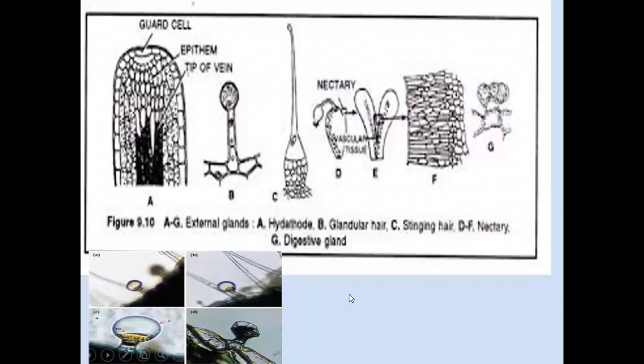So these are the various types of glandular hairs. This is Urtica, stinging hairs. The basal part is very broad and the apical part becomes pointed. This part penetrates into the insect and releases some toxins which are harmful to insects. These are the hydathodes, which are different. This is glandular hairs or salt secreting trichomes. These are nectar secreting trichomes, and these are microscopic structures found by observing under the microscope.